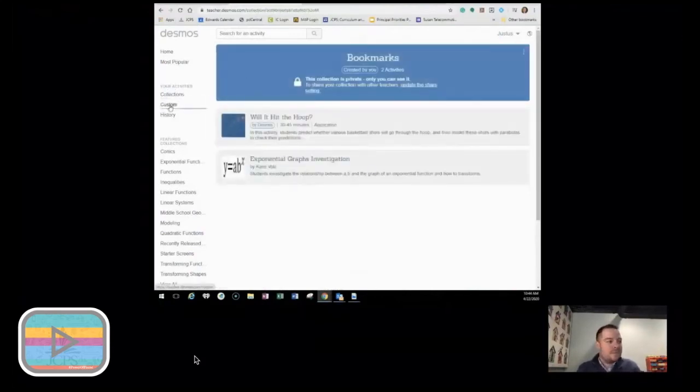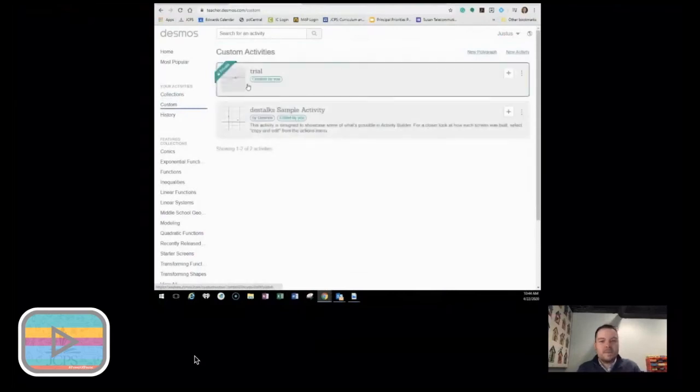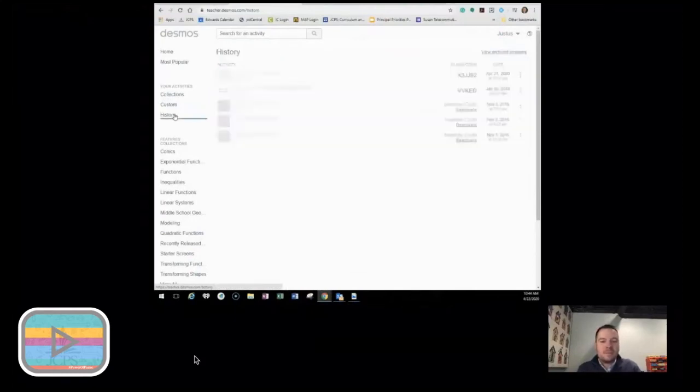But I can go into custom. These are ones that I've tried to start working with, or I've tried to create my own and work with some of those. And then my history shows all the ones that I've enacted in a classroom or I've modified in some fashion. So I want to show you guys the exponential graphs, because this is one,